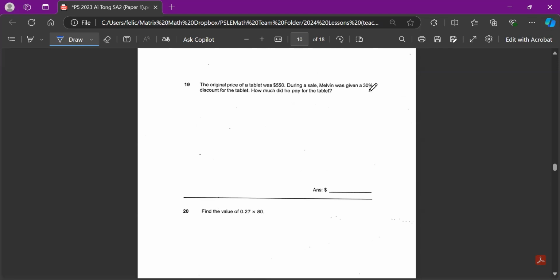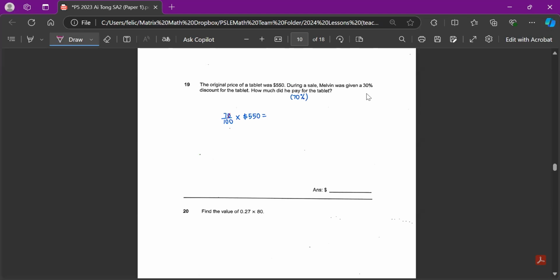So during the sale, you get 30% discount. How much did he pay? If you get 30% discount, what you're only paying would be 70%, right? 100 minus 30, you're only paying 70%. Now I simply need to use 70%, put it as a fraction, and multiply by the original price to find out the amount that he's actually paying in the end,